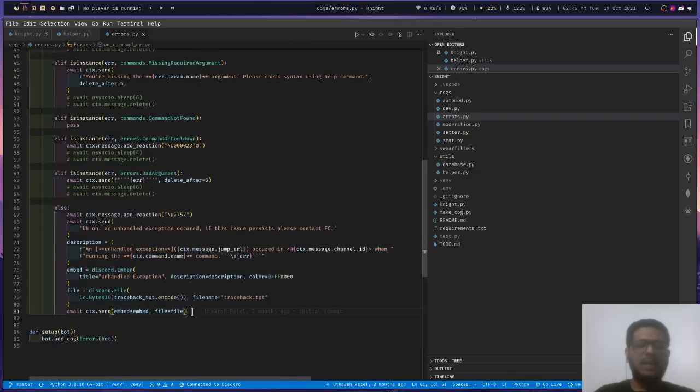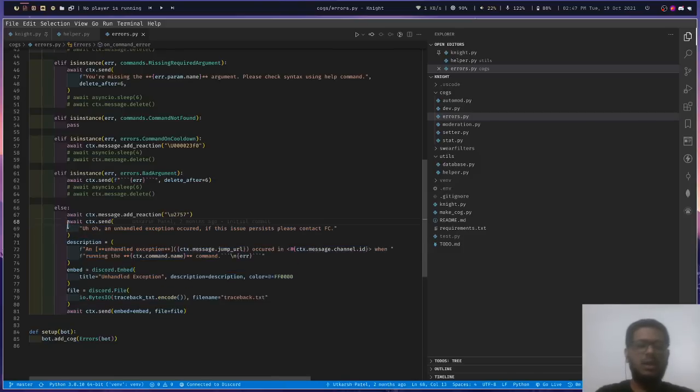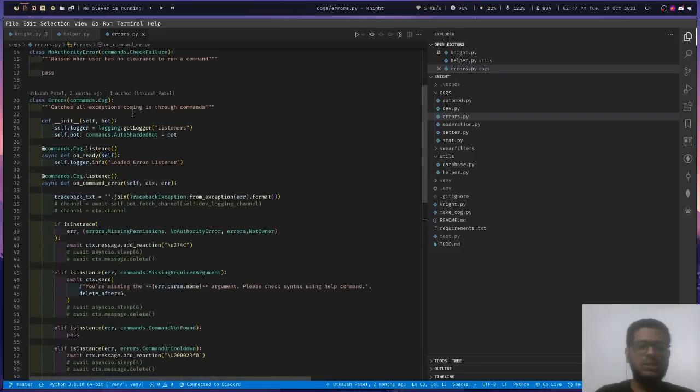So if the error message is more than 2000 characters, then it will be sent as a file, because a single message on Discord cannot be more than 2000 characters. This cog is just the error cog. This particular module doesn't have any command that can be invoked. It automatically gets invoked when an error inside the bot is raised.